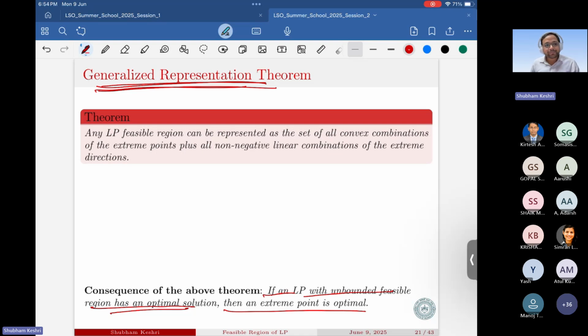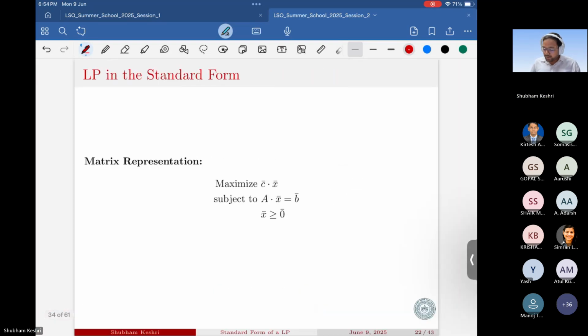Is that all right? Okay, I suppose it is all right. So you see, we have come from one direction and talked about extreme points. Now the thing is, how will Simplex identify a corner point? So what have we built? The theory till now is we know corner points are optimal. Now we went on to higher dimension and said corner points and extreme points are the same thing, and extreme points are optimal. Now what we will build